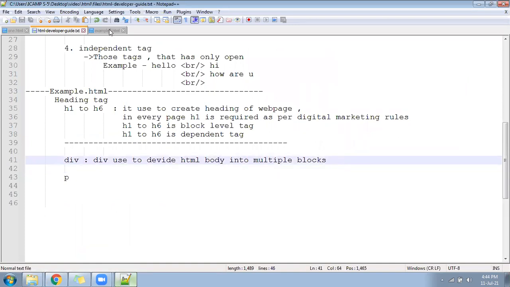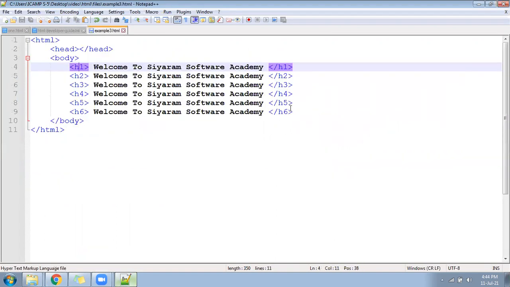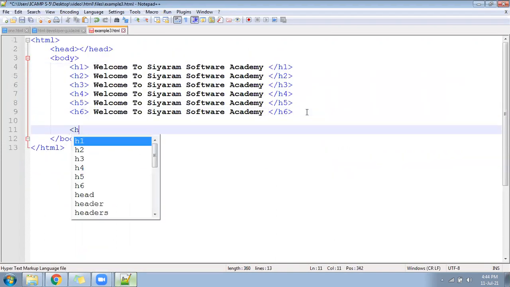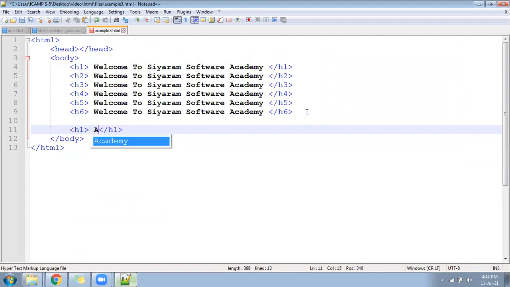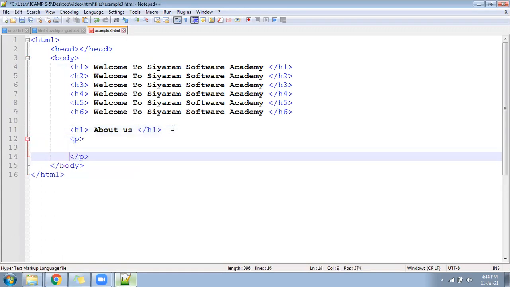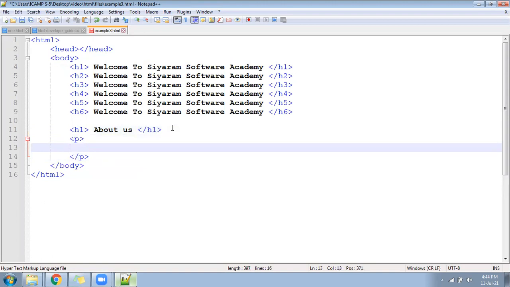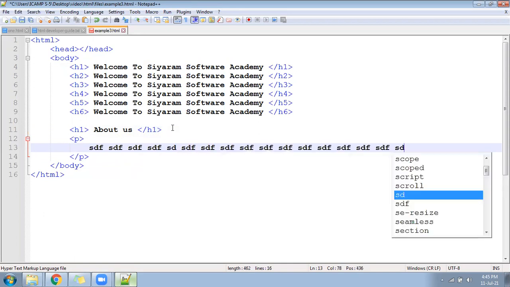Now come to our page. Suppose I keep a heading here saying About us. About us becomes a heading. Now come down, write a paragraph. Inside the paragraph, I am going to write text. Simple. You have seen the hard copy book. Inside the hard copy book, paragraphs will be there.